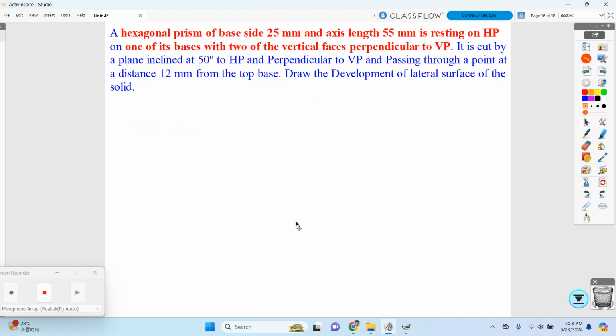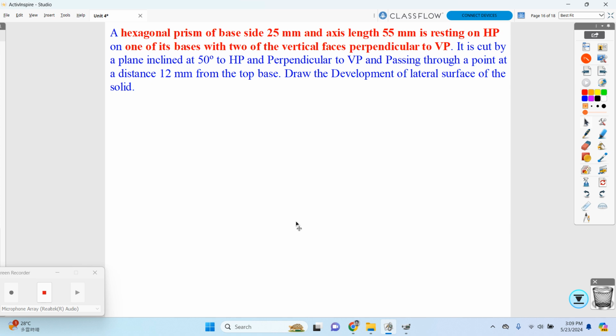Okay, now take down the problem. A hexagonal prism of base side 25 mm and axis length 55 mm is resting on HP on one of its bases, with two of the vertical faces perpendicular to VP. It is cut by a plane